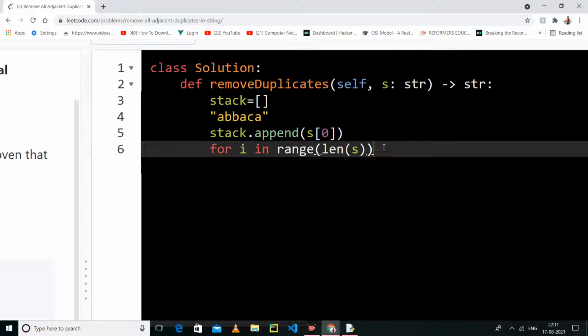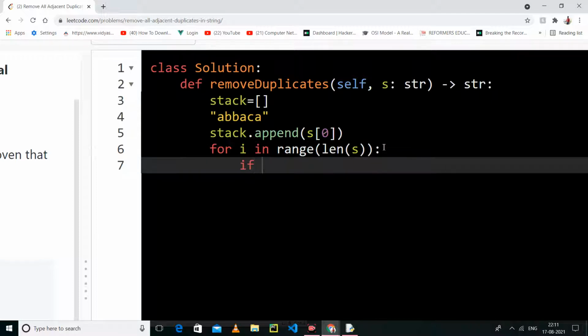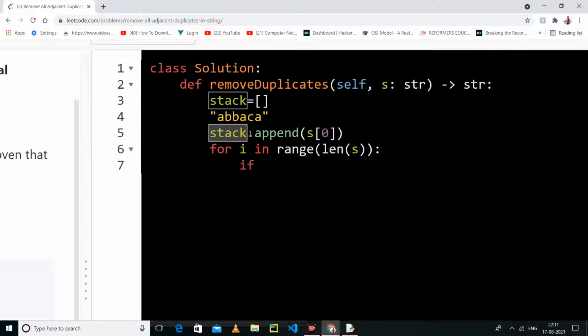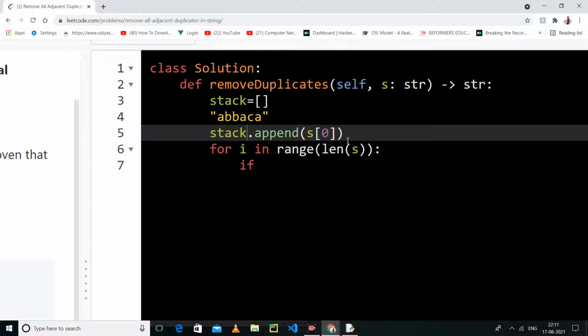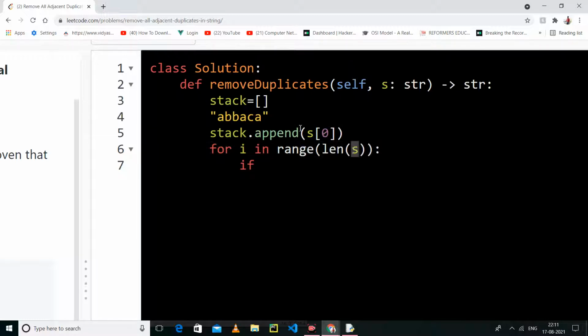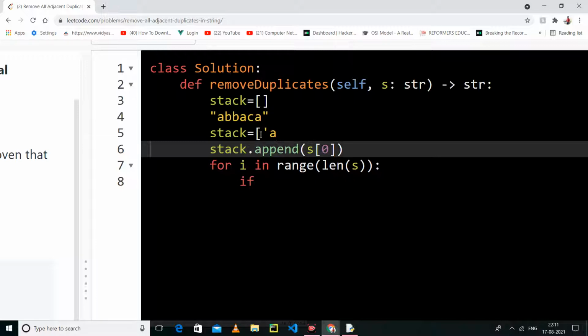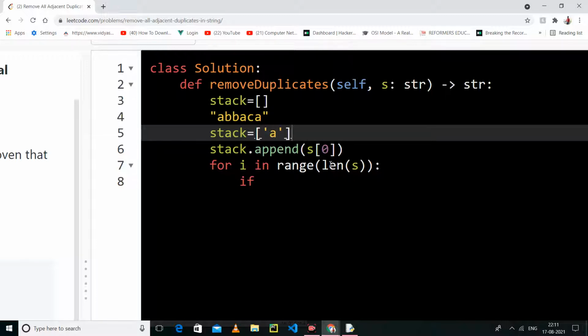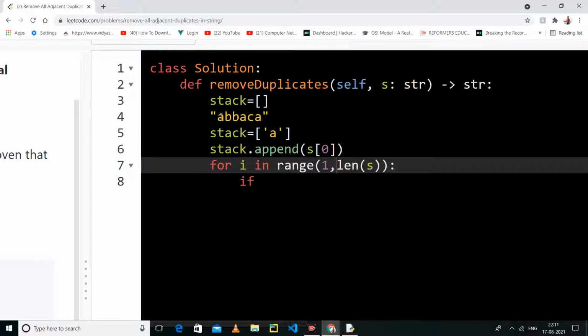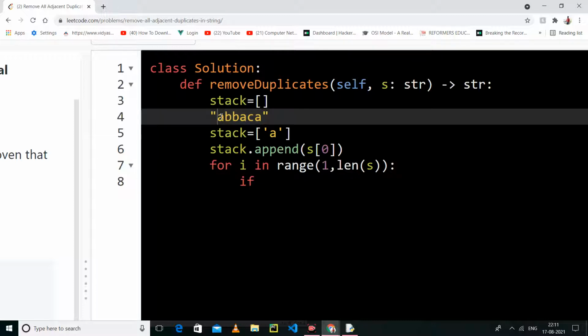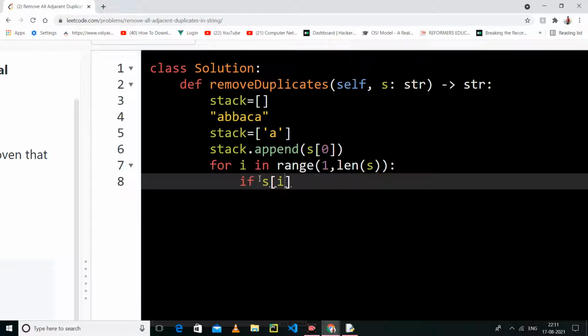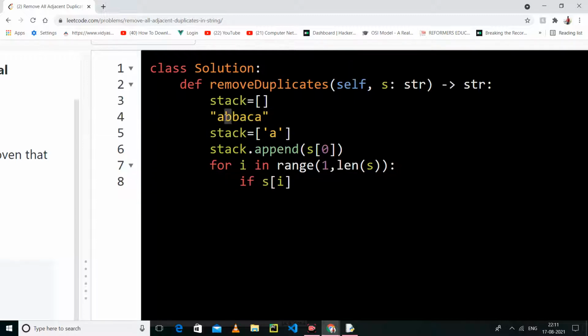So what we will do, we will append everything in the stack, and we will check the current value of s. First the stack has a, and I will loop from 1, because the first value is already pushed into the stack, and we will check the current value, that is b, because its index is 1.